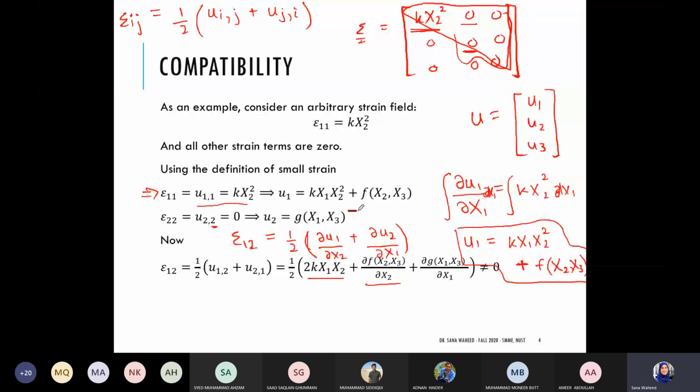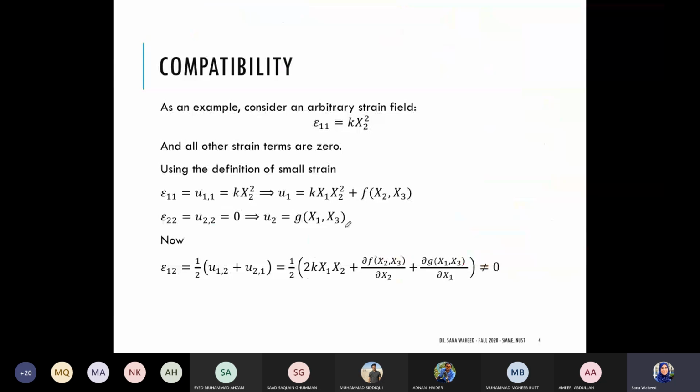G of x1 and x3. So differentiating this expression with respect to x1 just gives me the partial derivative of g with respect to x1. Why? Because there is an x1 inside it. Right? Now what is the issue with this? The issue is, now please, I need a little more of your attention. The issue is that inside this term there is